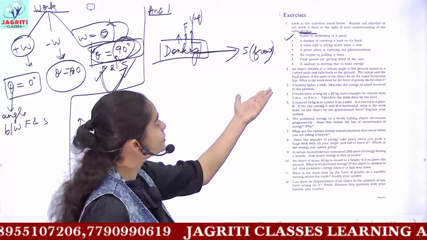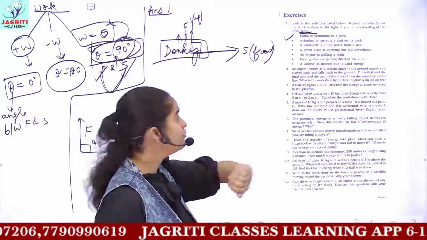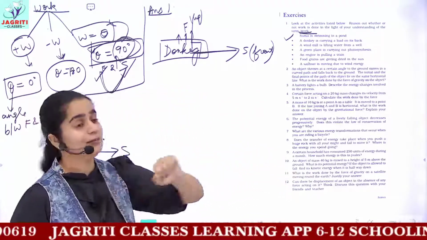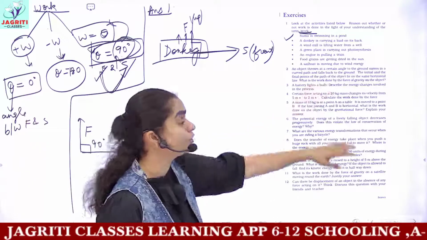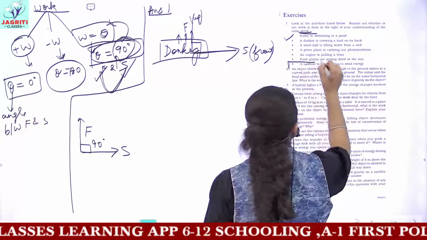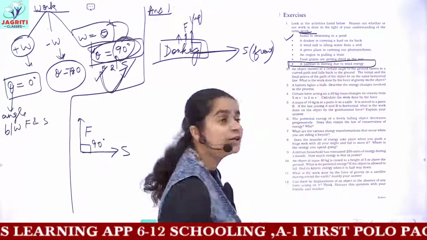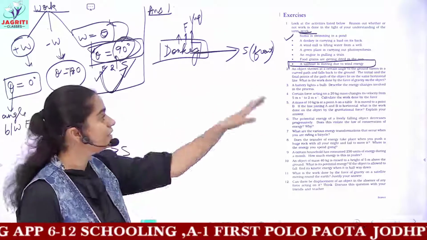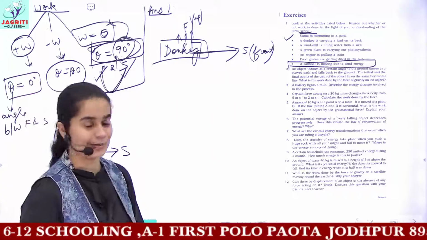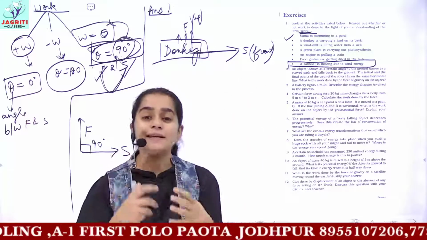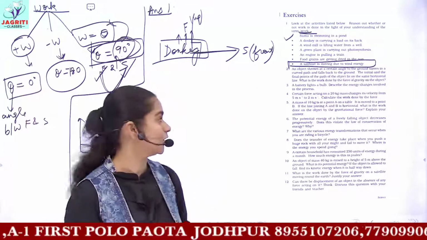Then an engine is pulling a train. What would be the work here? Food grains getting dried in the sun. No work would be done because there is no kind of displacement. A sailboat is moving due to wind energy. Tell me, in this, is the work being done or not, with a correct reason? And now if you are clear, then you will easily be able to solve all these questions, okay? These are just the questions given to you to clear your concepts about work.